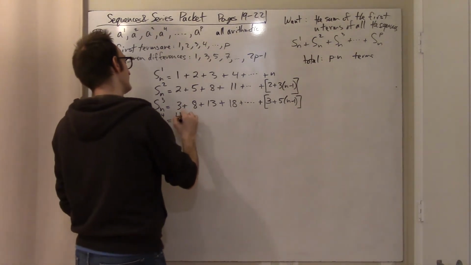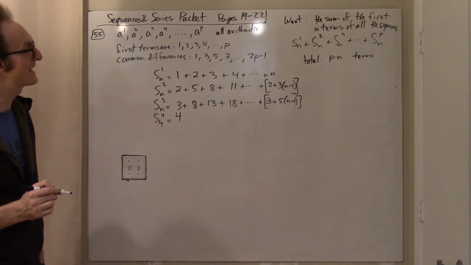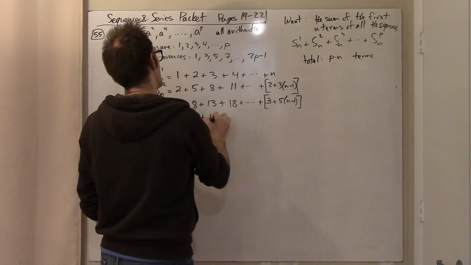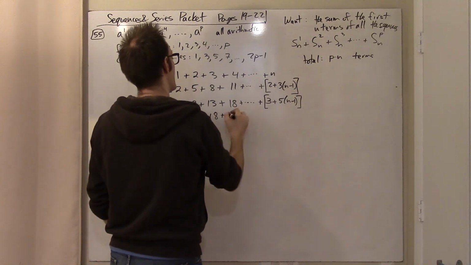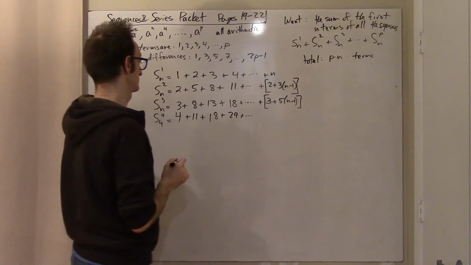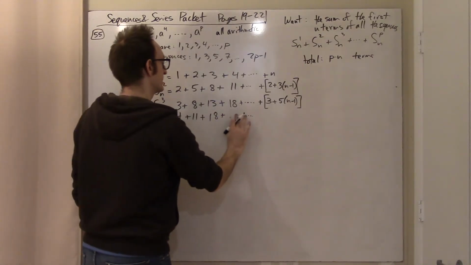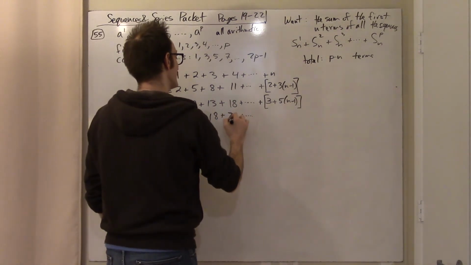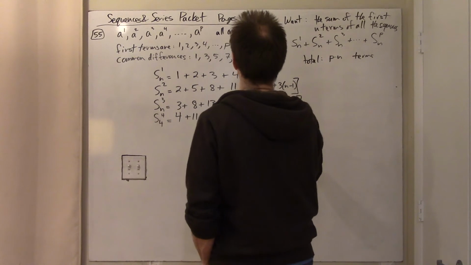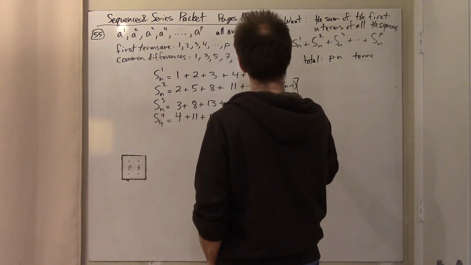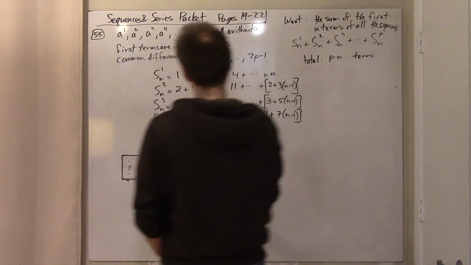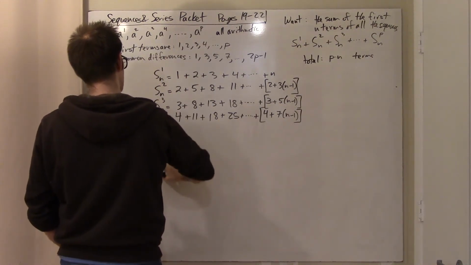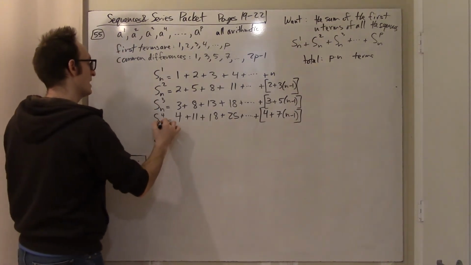The first term of the fourth sequence is 4, and we're skipping by 7, so that's 11, 18, 25, etc. Skipping by 7, right? And what we get is 4 plus 7 times n minus 1. Alright, and going all the way up to the pth, that should be an n, the sum of the first